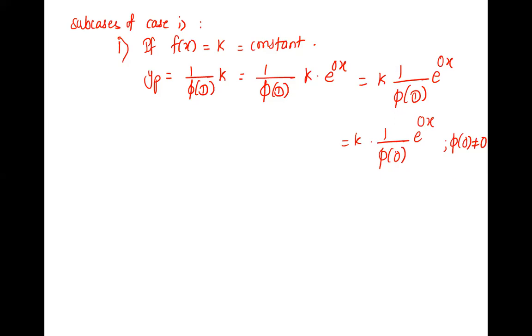So every time I'm not going to repeat this, but I'm writing here it should not be 0, meaning if 0, you should remember. Clear with sub case 1? If there is a simple constant like 2, 3, 4, whatever on your right hand side, just simply multiply it by e raised to 0x and convert it into case 1.